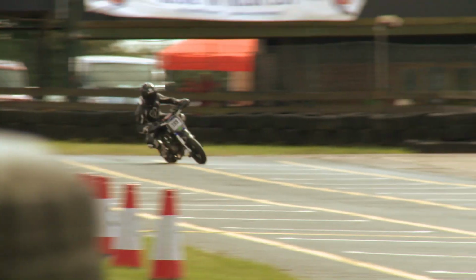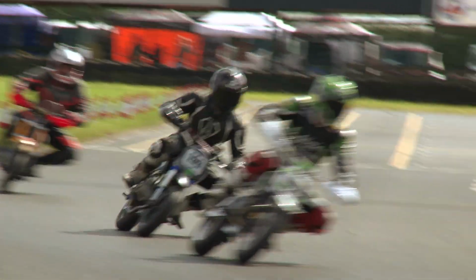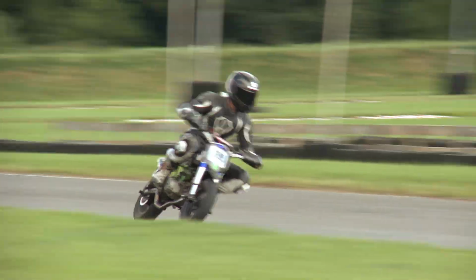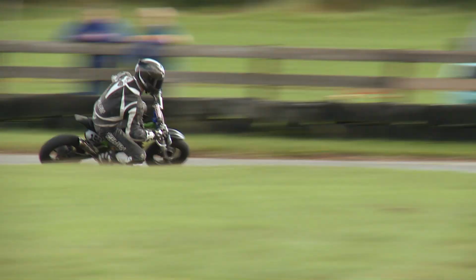You can't make up for a slow lap time by getting on the throttle early or braking later. It's all about just maintaining that corner speed and being really smooth. If you go in too early, it pushes you out wide, and that's it. You're feeling slow. So it's all about being really, really smooth through all the corners, being smooth with your body